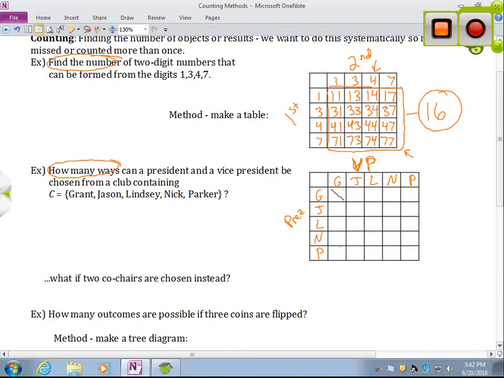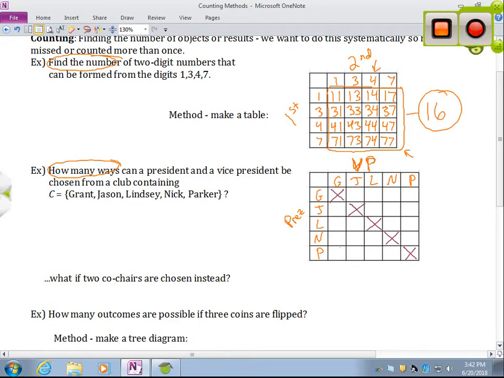So really, I can go ahead and get rid of this right now, and everything along this main diagonal, because all of those are the same person matching with themselves. It's really unlikely that the club's going to elect the same person to 2 positions. So we can go ahead and eliminate that now. It wouldn't hurt if I had written GG and then gone on from there, but I would have to go back and get rid of those. So I would just be not counting those 5 spots.